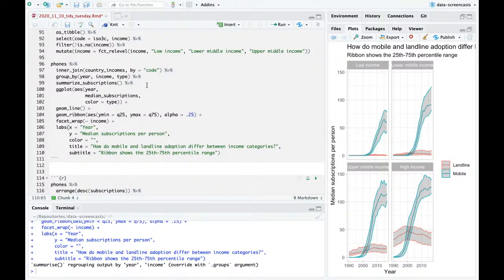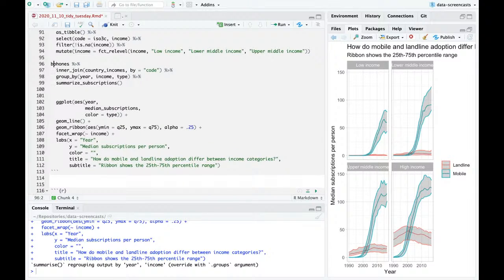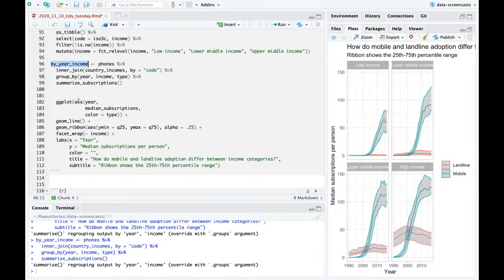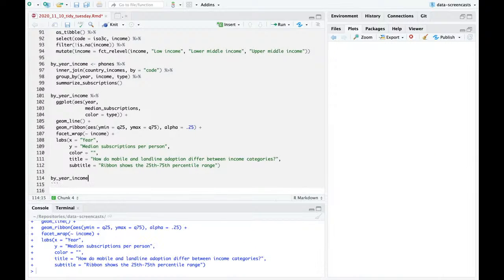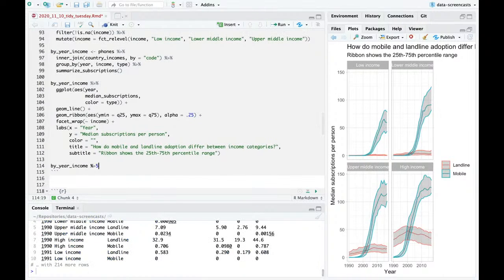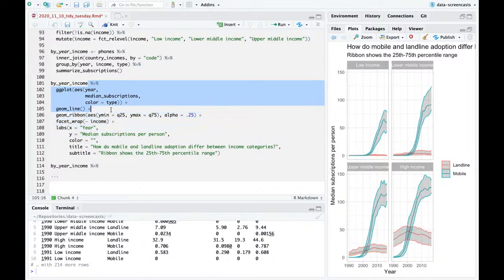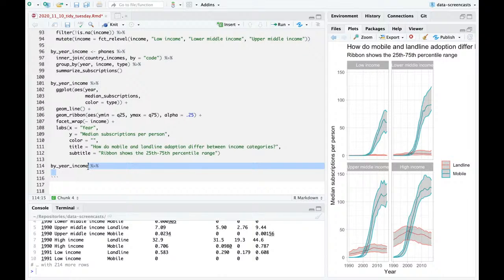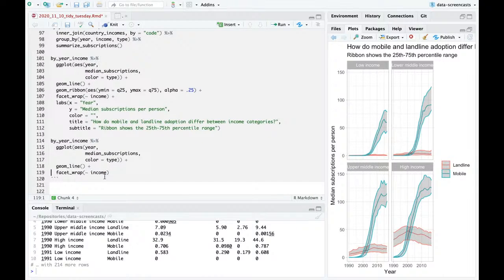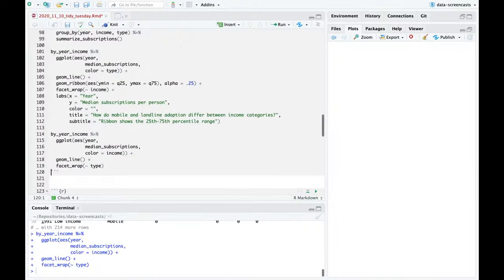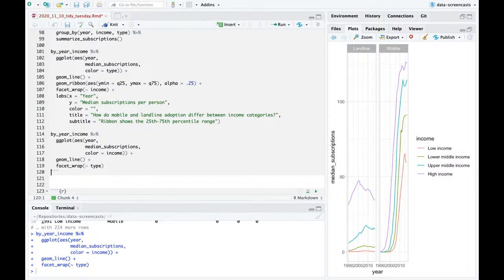continents, so I can have this as by year income. I said continents, but I meant income. I want to take by year income. I want to do a similar visualization, but I want to flip those two and maybe drop the ribbon, because I kind of just want to see, aha. I'm going to change a couple things and